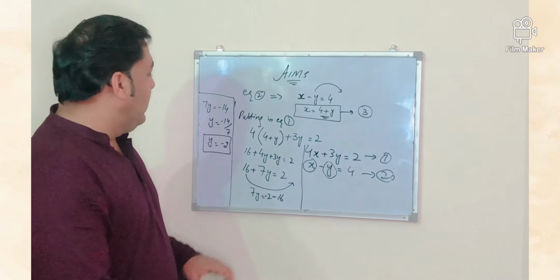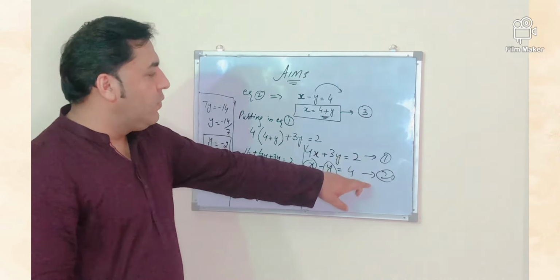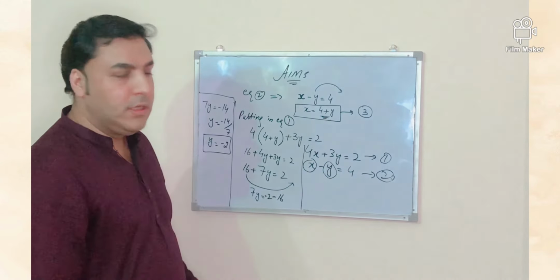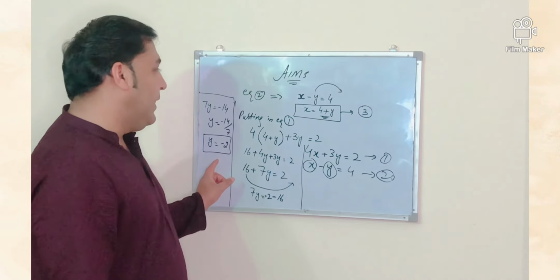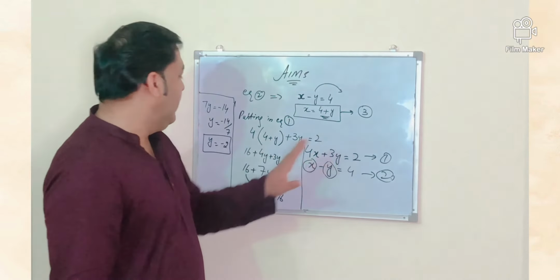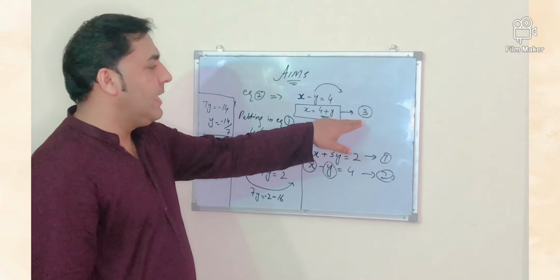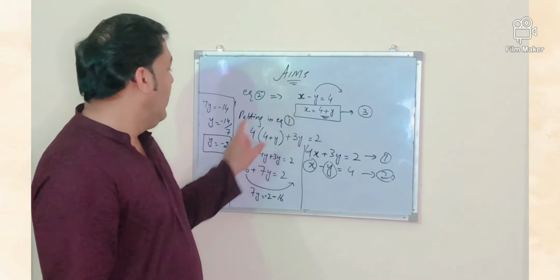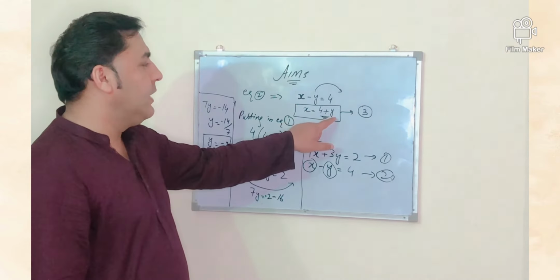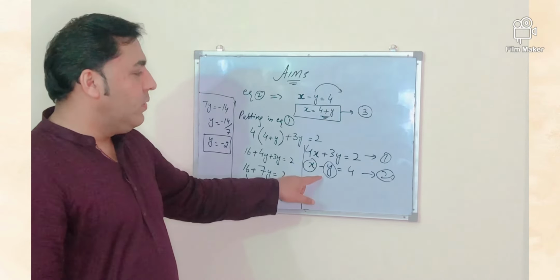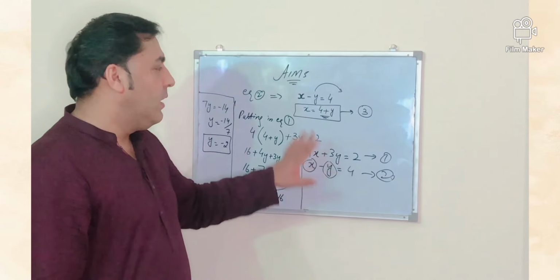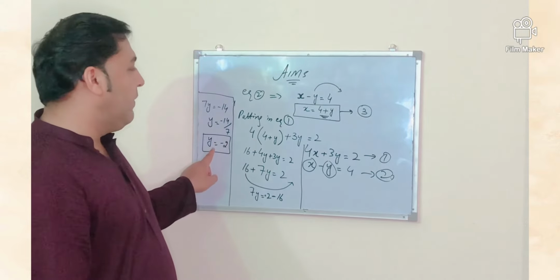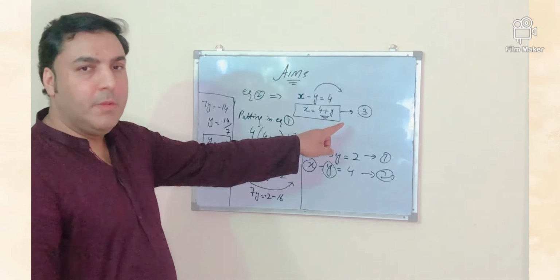After this, you can put this value in any of equation 1, 2 or 3. When you put this value, you will receive the value of x. It is convenient and better to put this value in the later equation which we simplified. Like in this case, I will put it in equation number 3. I can put it in 2, I can put it in 1. In all cases, you will receive the same answer. So I am putting this value of y in equation number 3.